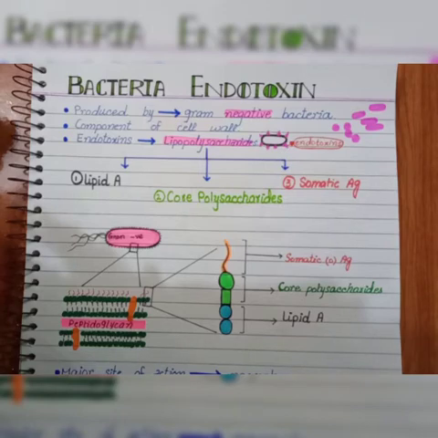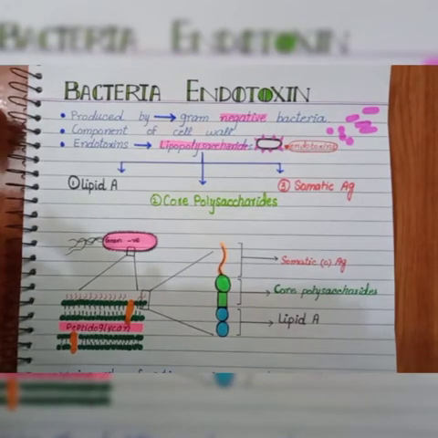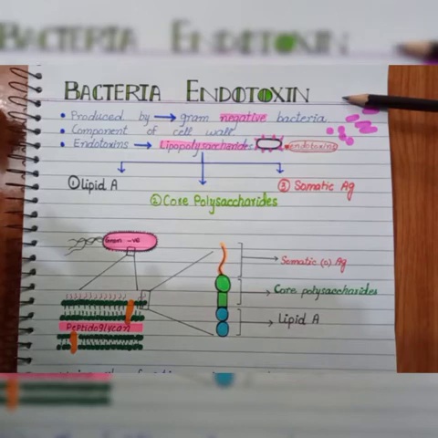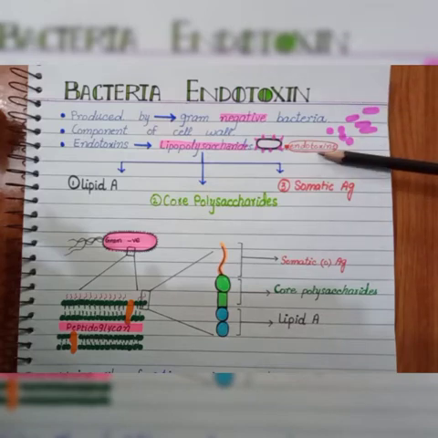Endotoxins are weakly antigenic and no toxoids or vaccines are available, while the exotoxins induce a high titer of antibodies, which are called antitoxins, and their toxoids are used as vaccines. As we know, the exotoxins are made up of polypeptides, so the genes are located on a plasmid or a bacteriophage. Whereas the endotoxins are also known as lipopolysaccharides, and their genes are located on the bacterial chromosome rather than on plasmid or bacteriophage DNA.